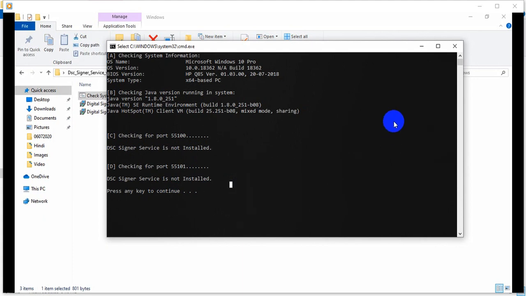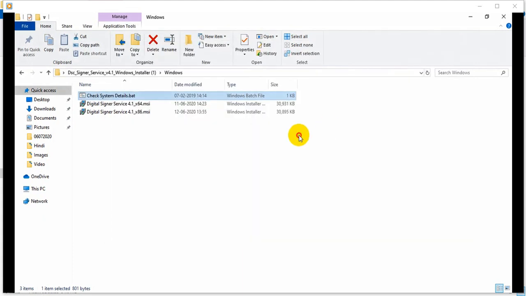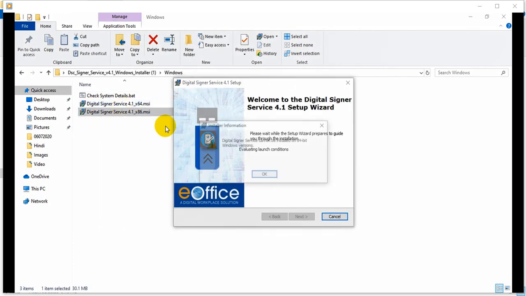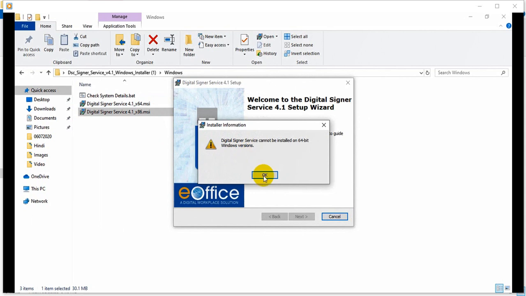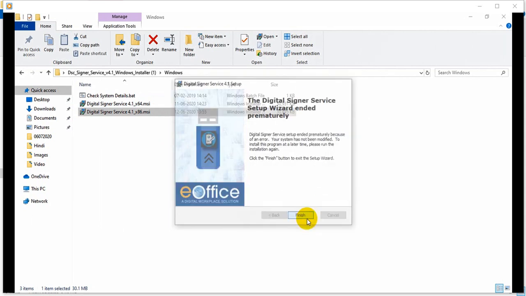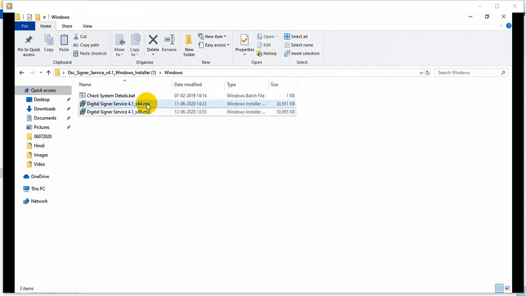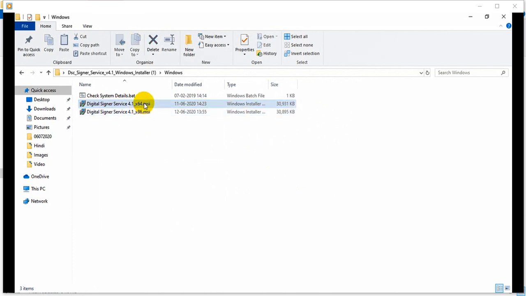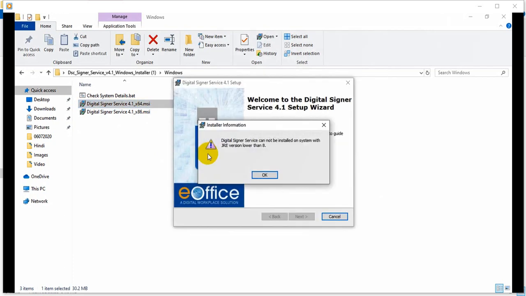Let's go to the same Windows folder. Here two installation files are there. Let me run this to see what message comes. I think it is, let me click this one first. It is saying that this cannot be run on a 64-bit system, right? Because I ran the setup of 32-bit and not 64-bit. So now I will double click on the 64-bit one, this above one, right? This is for our system. Here 64 is written in the name, which is for my 64-bit computer, right?